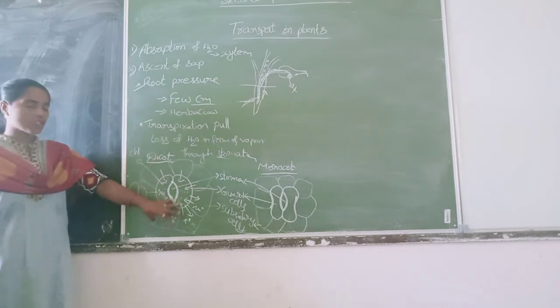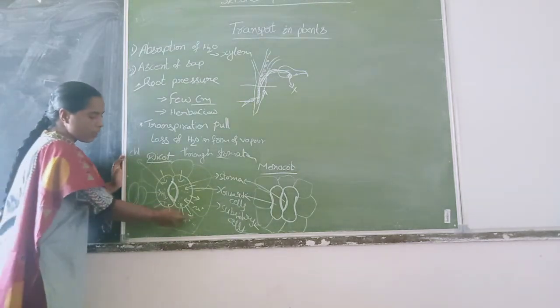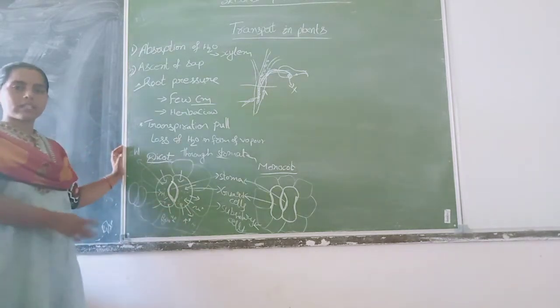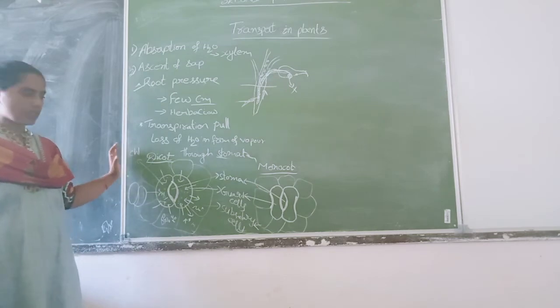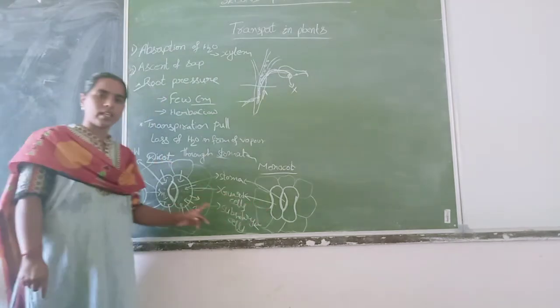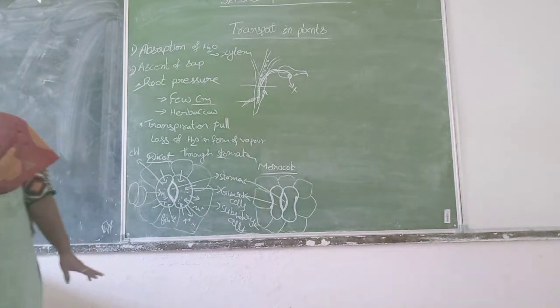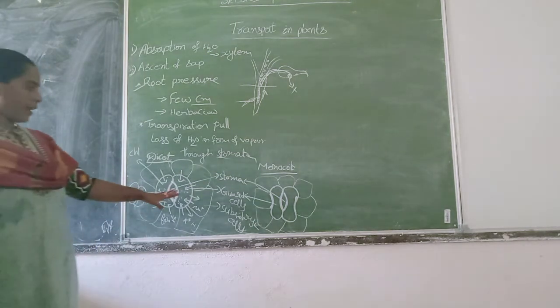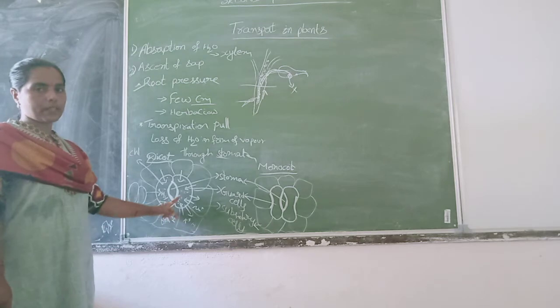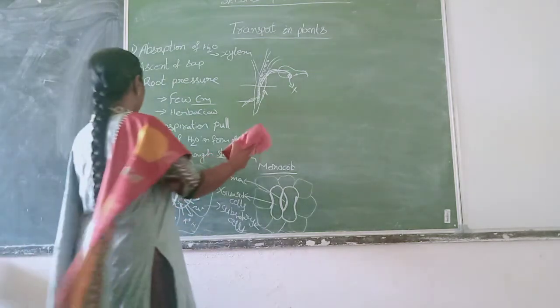So like this, stomatal function will take place. Closing of stomata and opening of stomata depend upon the movement of potassium ions, sodium ions and at the same time water movement also. Okay? The same thing happens here also. The difference is only the shape of guard cells. So here you know the structure of stomata in monocot plants and dicot plants and how the stomatal opening takes place. Now we will go through how the upward movement will take place in